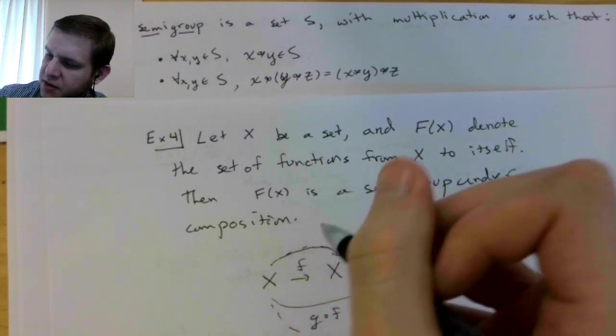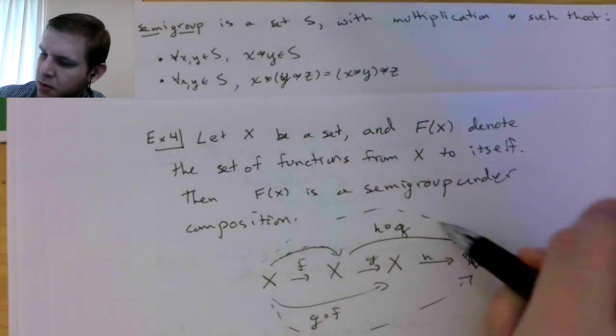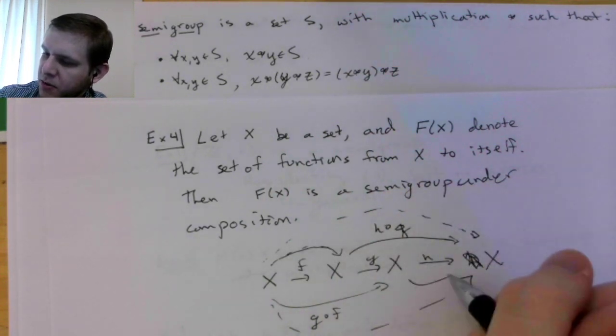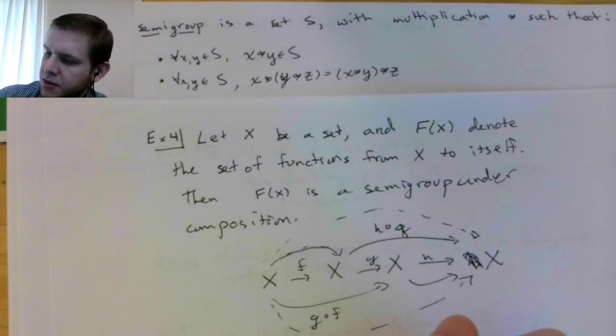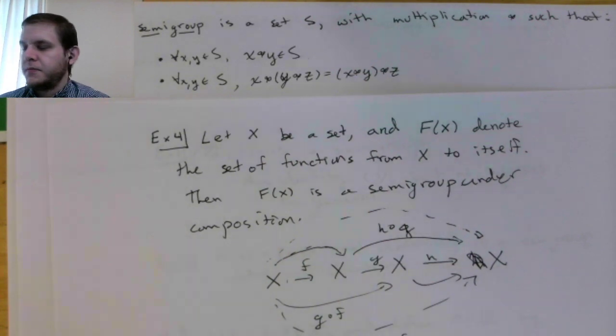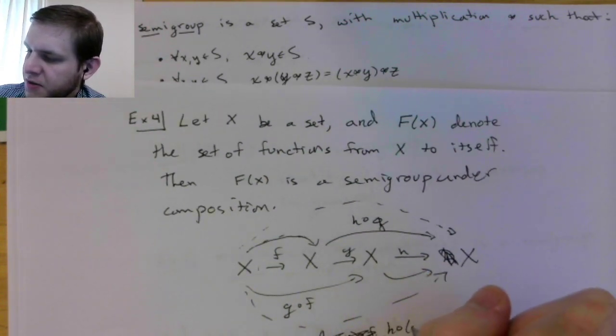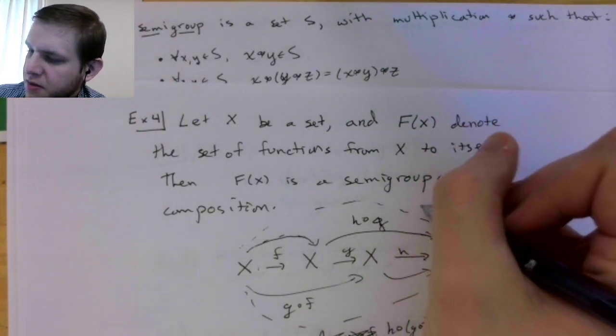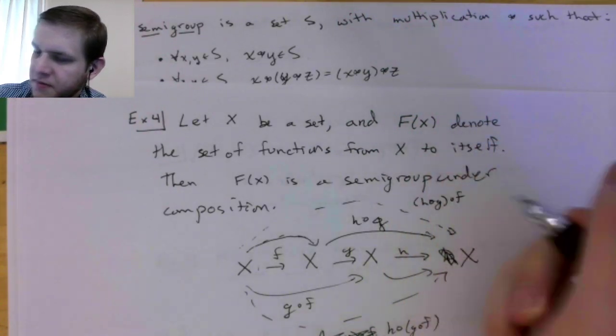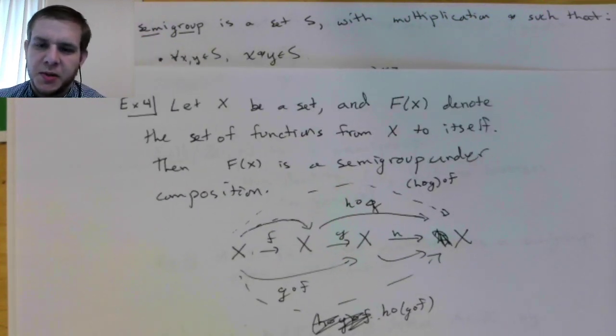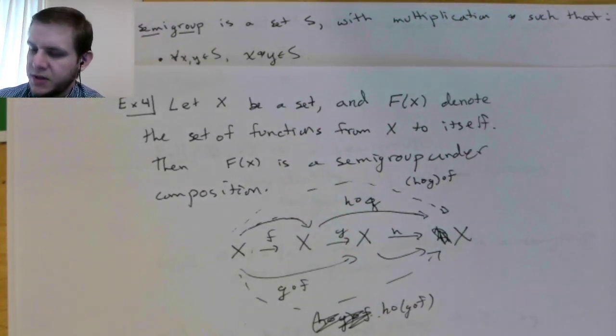Right, so under this big composition, these arrows above and below both represent h. I apply f first, then g, then h. f first, then g, then h. So it doesn't matter if I do it like this. And I grouped it wrong there, sorry. This is h of g of f. And this is h of g of f. So associativity holds. It's probably something I didn't need to go into quite as much detail about, but associativity holds